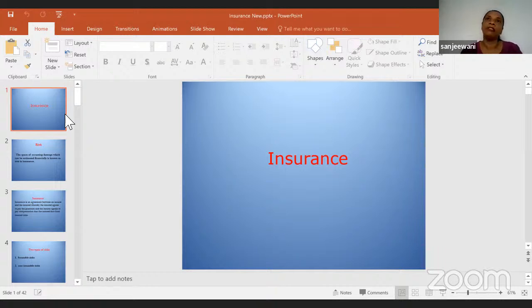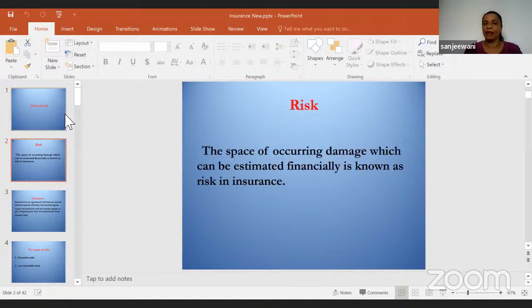Then there is a common term that we discuss under insurance: the risk. We'll see what risk is. What is risk? The chance of occurring damage which can be estimated financially. Now there are certain risks